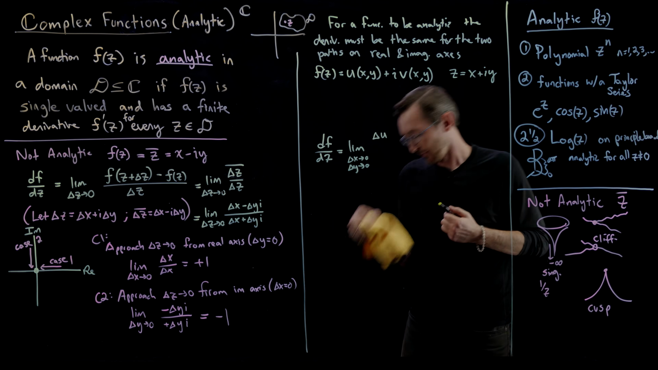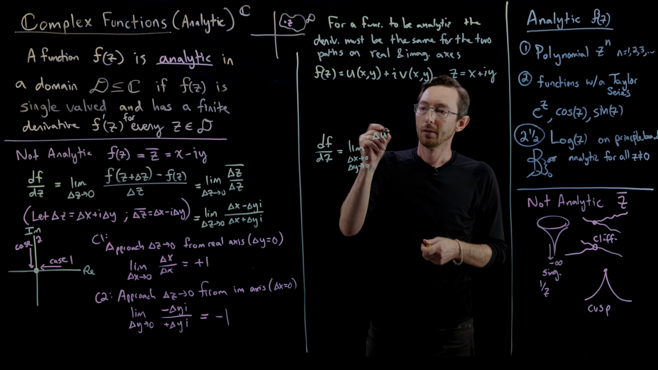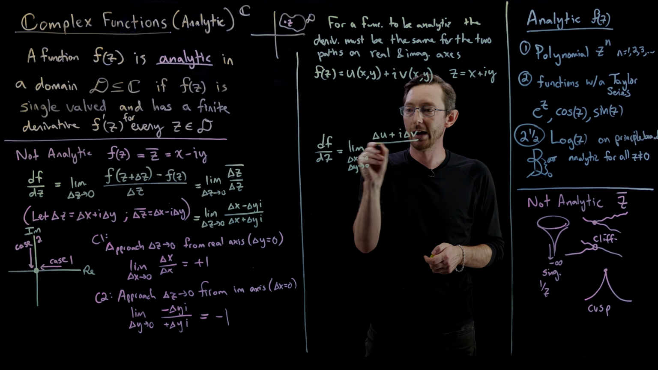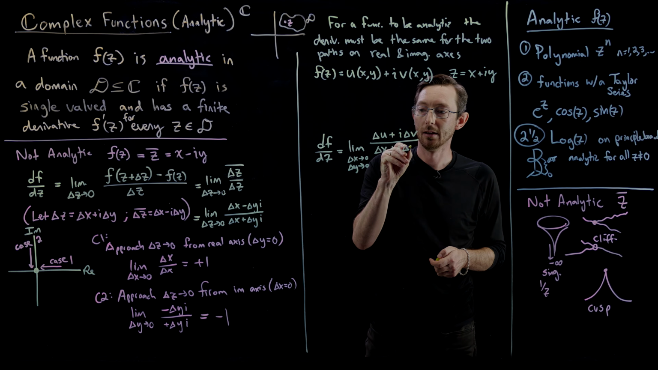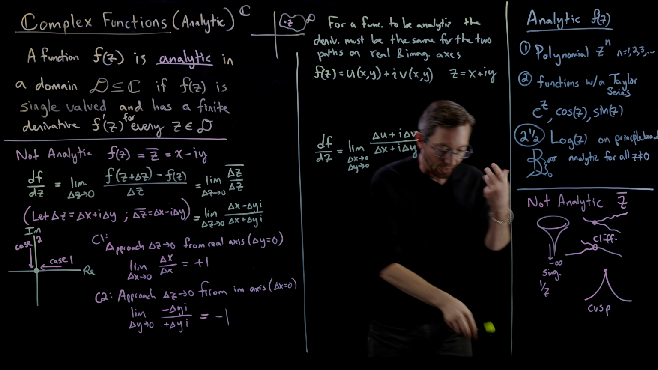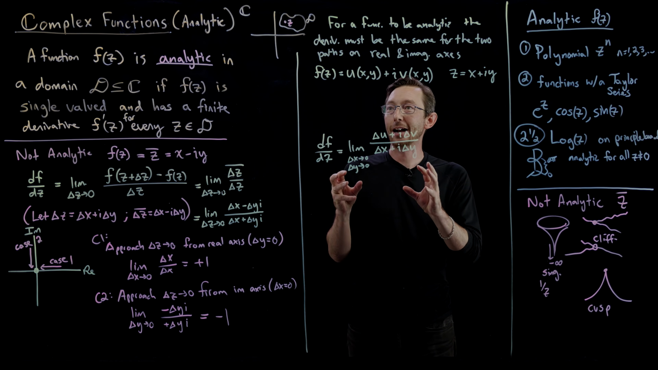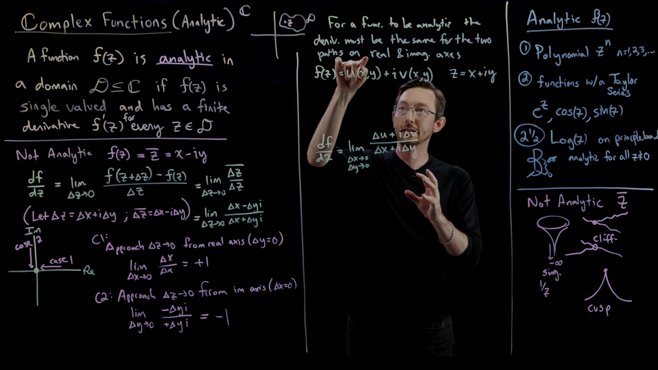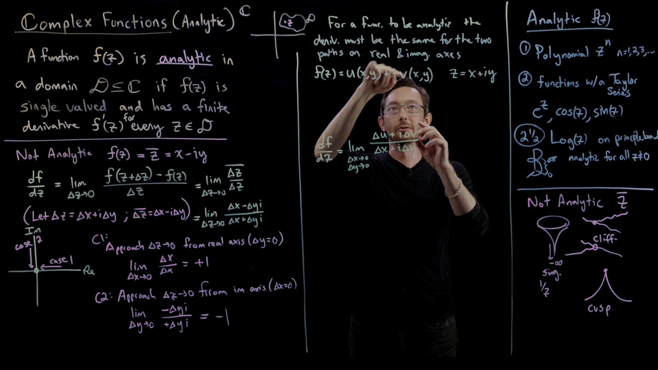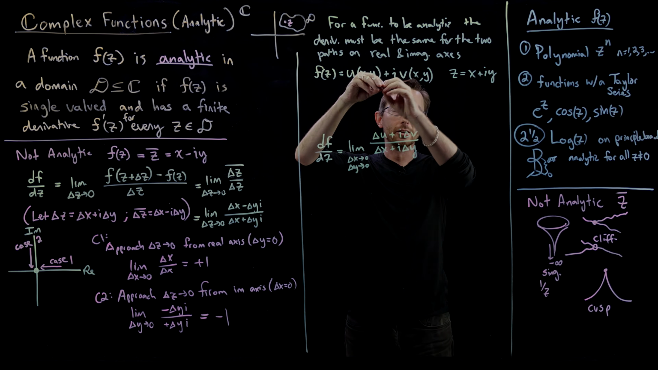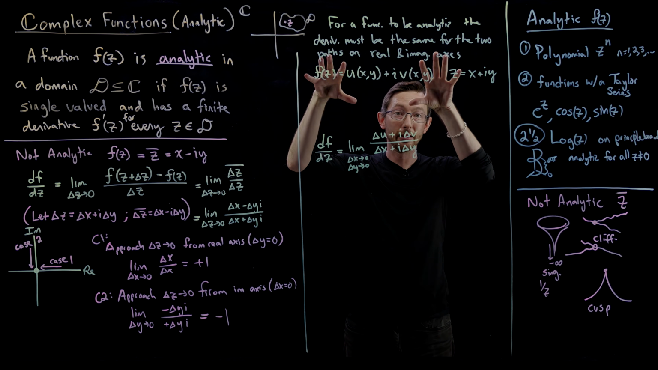Delta u plus i delta v divided by delta x plus i delta y. Again, you can pause the video and actually plug in x plus delta x, y plus delta y, v of x plus delta x, y plus delta y, and expand that out in a first order Taylor series and